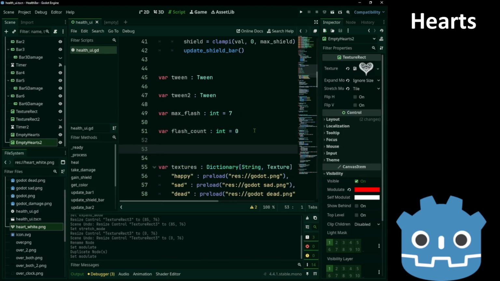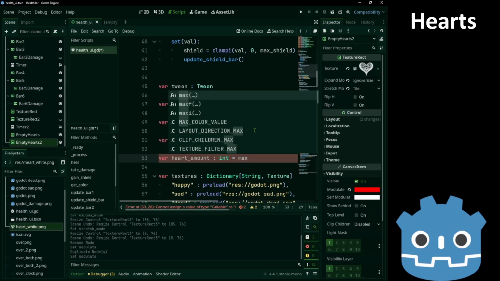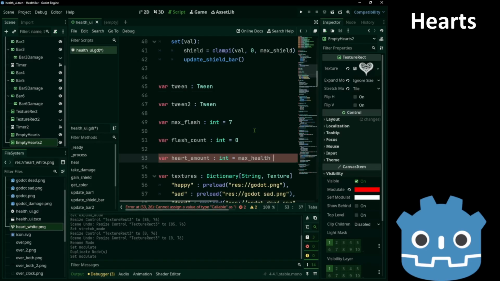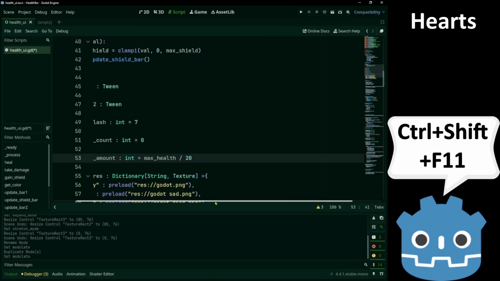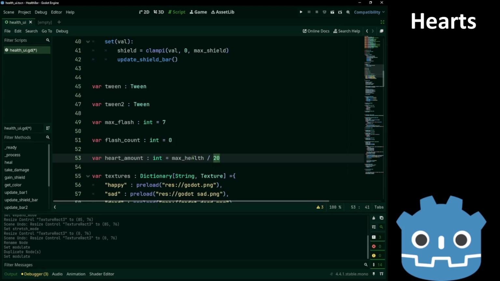We need another variable. We'll call this one heart amount. And let's say we want 5 hearts. So that will be our max health divided by 20. Now that will be 5 hearts.